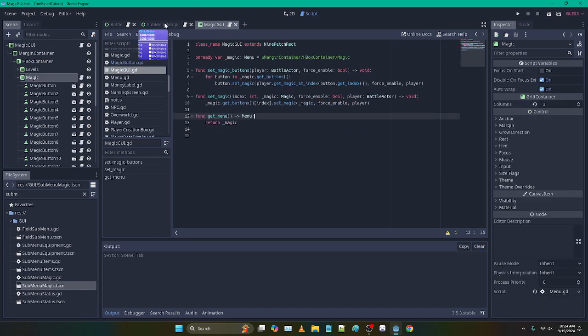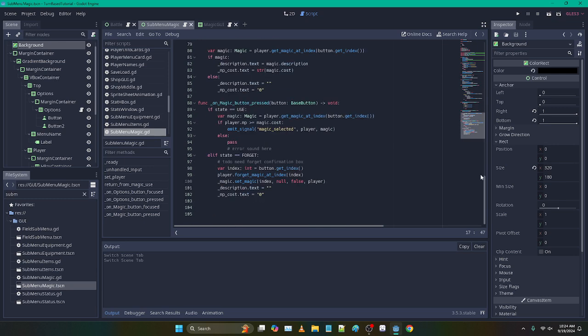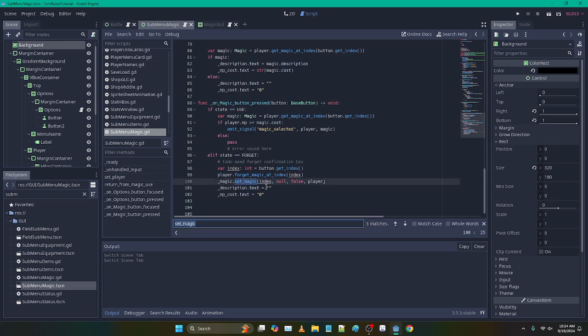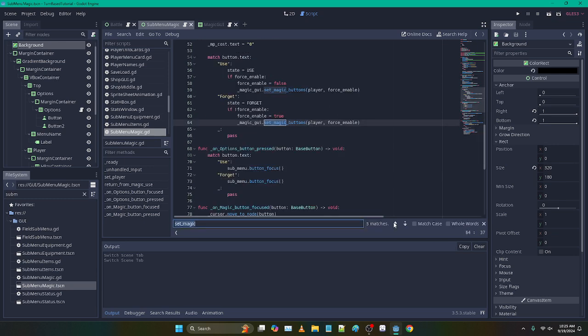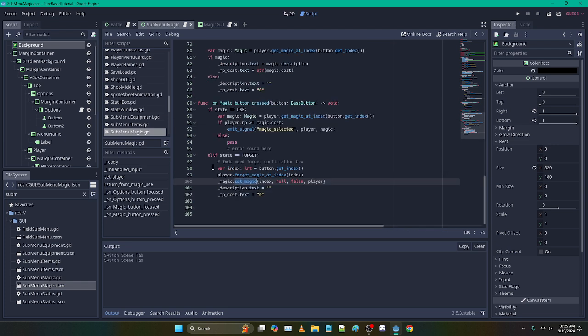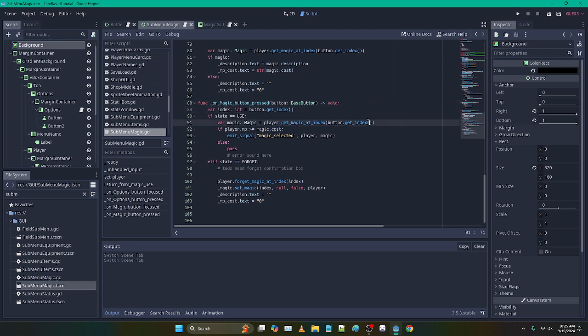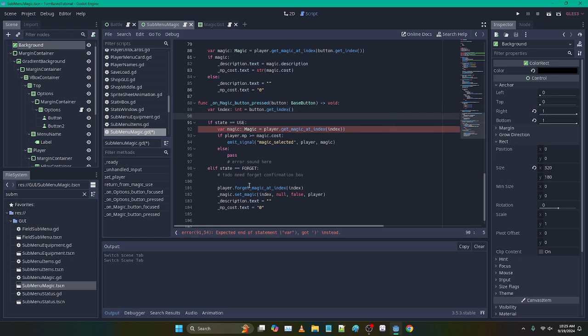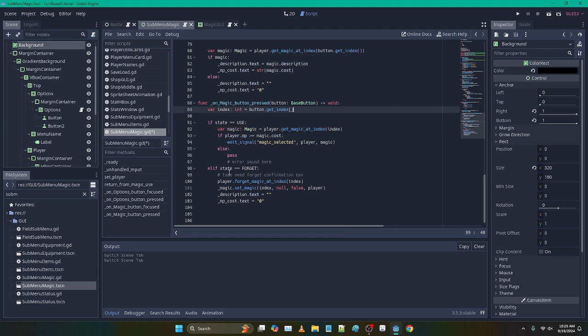And so now in here, I think that's right. Let's look for calling it anywhere else. Set magic. That's the only time we call that. That's perfect. I do realize I can put this at the top, and then we can put index in there. It just makes it a little cleaner. I think. Maybe not. We have an extra parenthesis. Okay. Now,